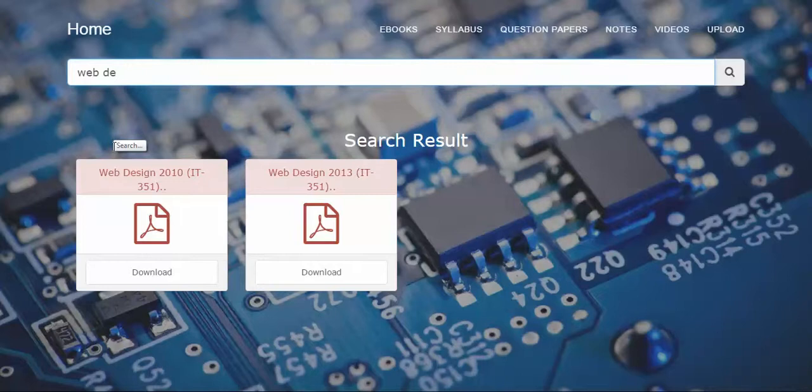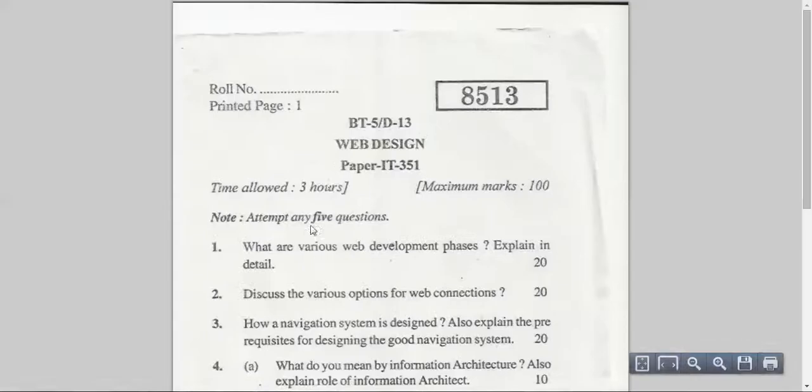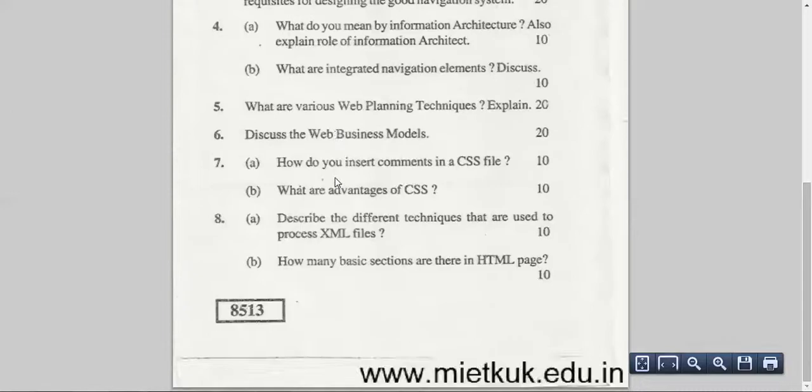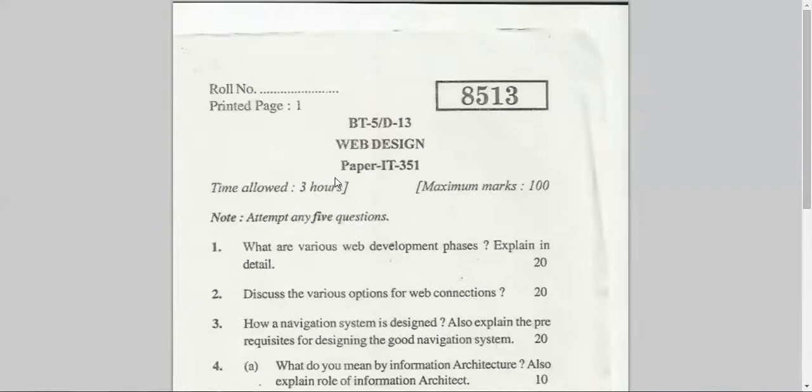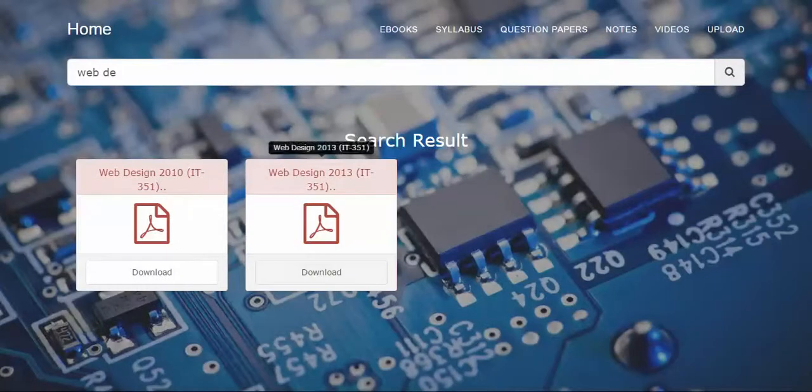These are the two question papers of web designing, of 2010 and 2013. For example, I want to get the question paper of 2013, then I will click on the download button, and it will get downloaded in my browser tab, and I can read the question paper by scrolling down the page. Now I can close the tab.